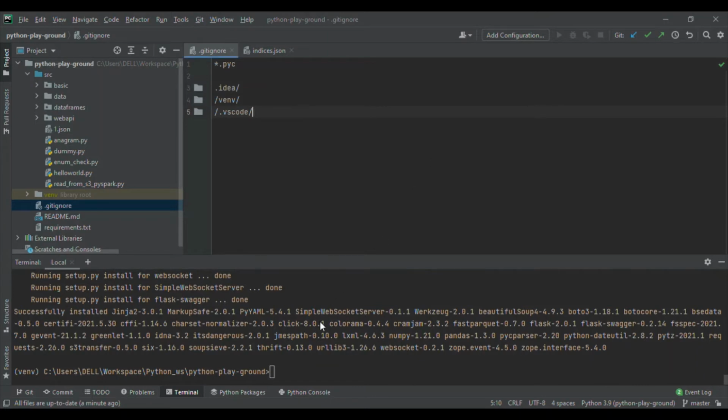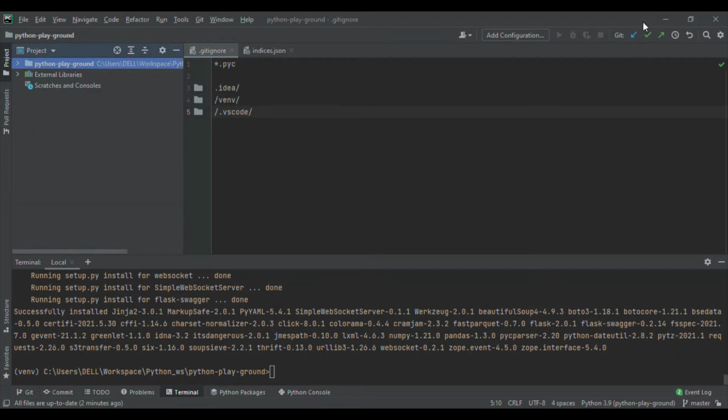So the better option, what I would say, is you just install it on your machine, open your command prompt and do a git clone there, or open Git Bash. The git clone command will help you check out all these things, and then you come to PyCharm and you can open it as a project. You can select any folder and just open it as a project. Okay, and